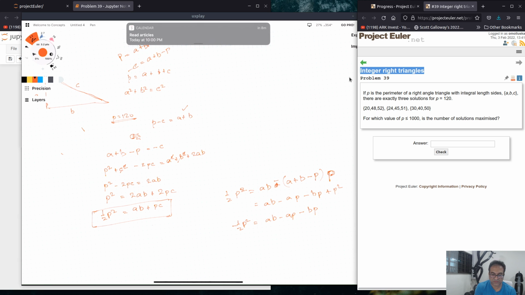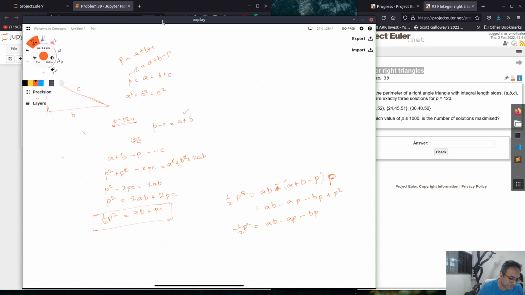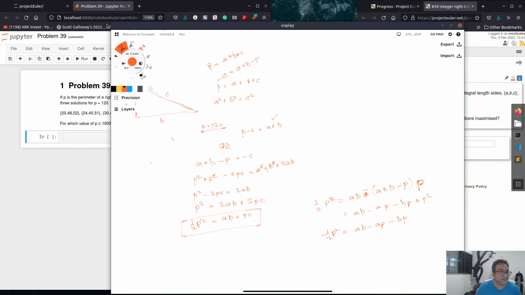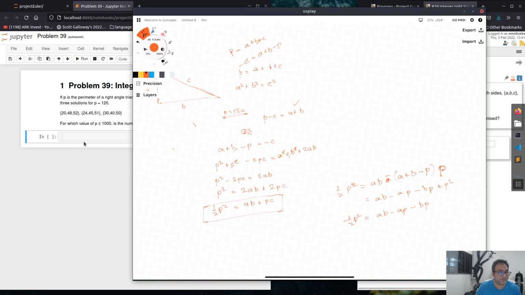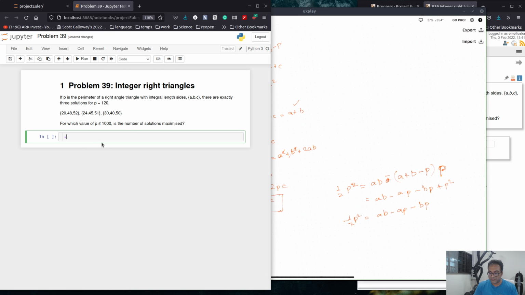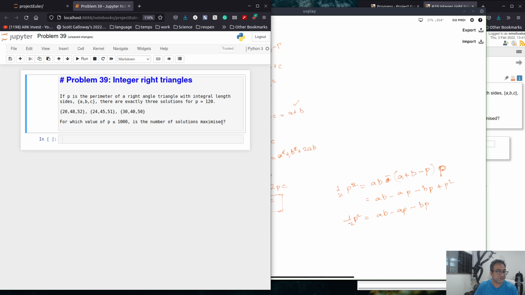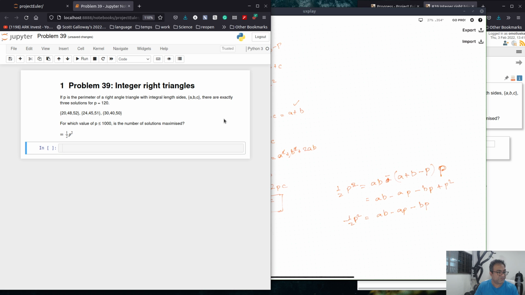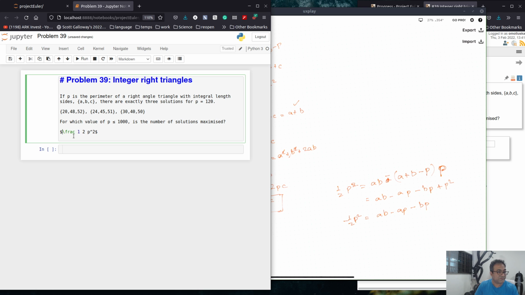Okay, let's do a quick check to see whether this is correct. So we are working with the formula minus 0.5 p square. Let me just write this down over here: minus fraction 1 by 2 p square. Yeah, it's not equal to, so negative 1 by 2 p square equals